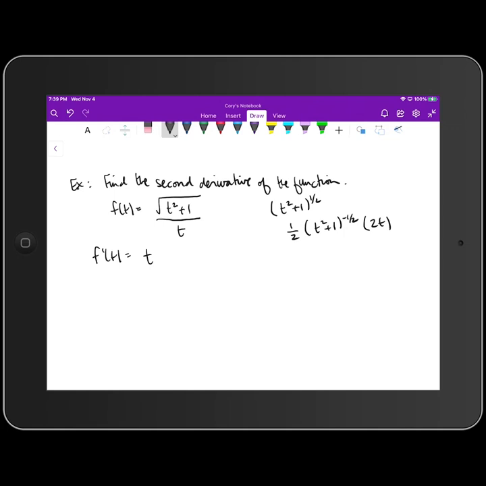Now I'm going to simplify this over to the side so I don't have to rewrite f prime over again. Just like in the previous example, we can cancel this factor of 2 with that factor of 1/2, and then I can rewrite this as t over the square root of t squared plus 1. So that's the low d high portion of quotient rule. Minus high